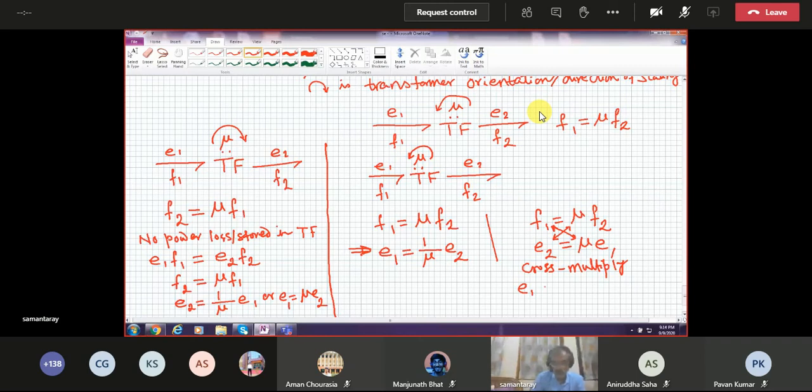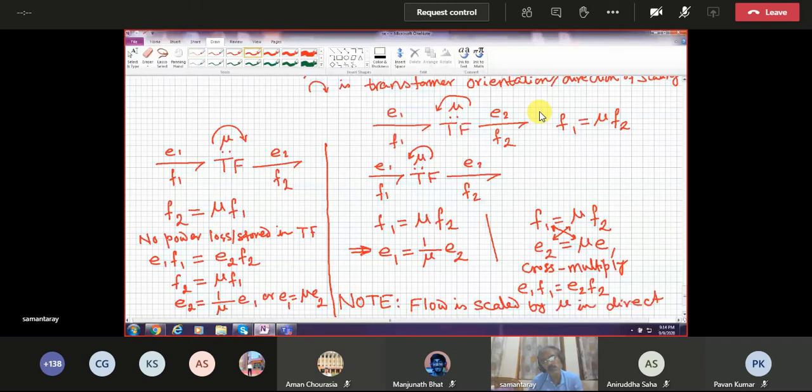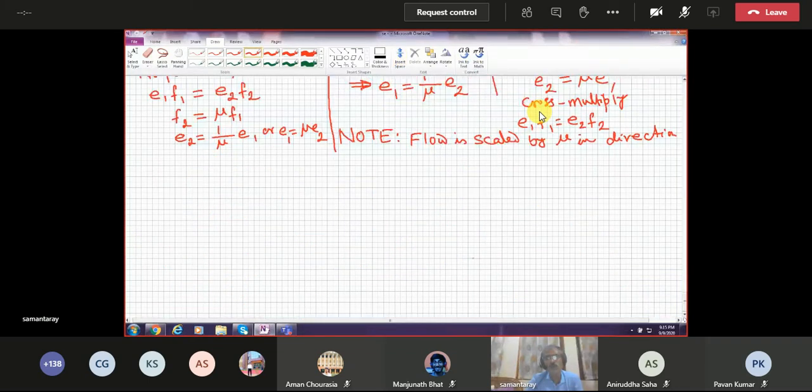So one important point to note here: flow is scaled by mu in the direction given by the arrow,